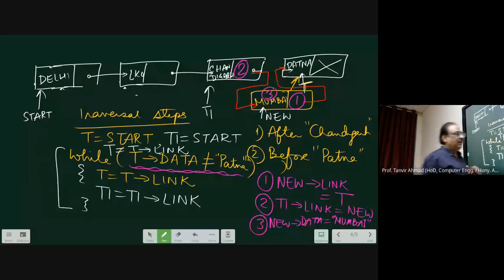Now similarly, if you are going to write for 3, this step will be done by using string copy. Therefore, new of data is equal to Mumbai: you will write string copy new comma data comma Mumbai, and so on. Wherever strings are there, you cannot use an equal to sign. You will use string copy and string compare. That's all. But that is a programming part altogether, nothing to do with the algorithm. The algorithm will be the same as over there.